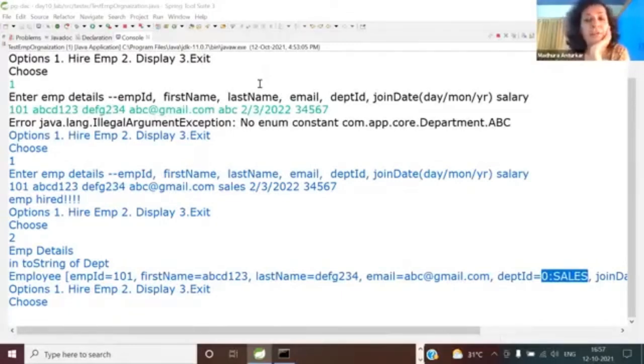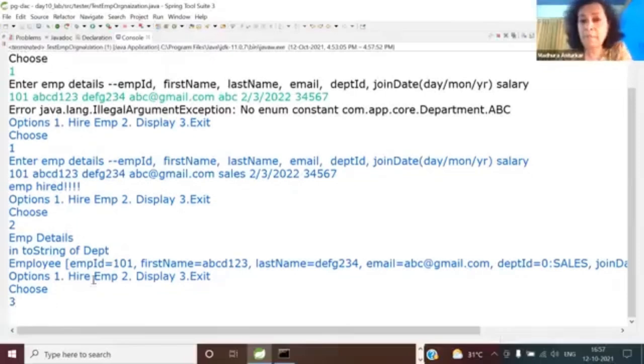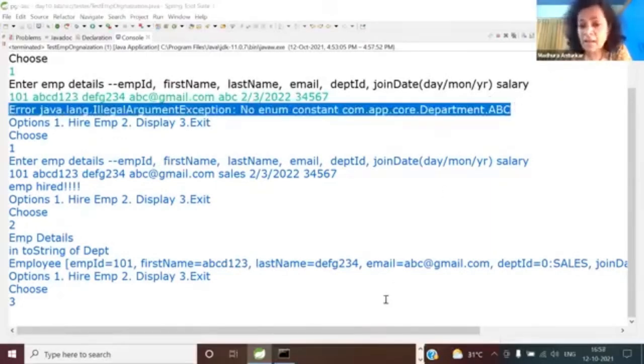Okay. So now let us do the final step and then I'll give you a fresh requirement, in this only, but a new requirement which you have to solve. So let me say 3 currently, exit. So I'll repeat my requirement. What I want is, I want to replace this error message,